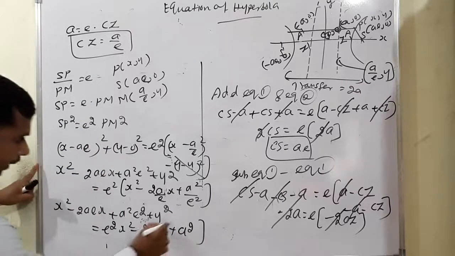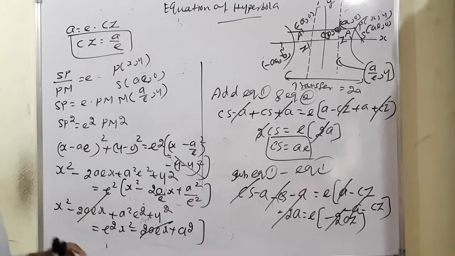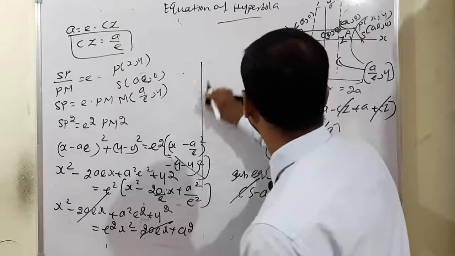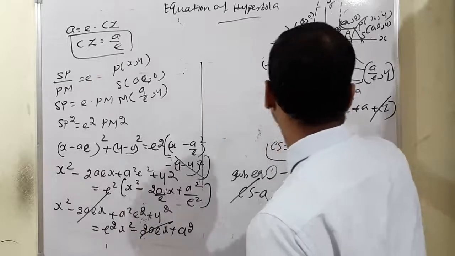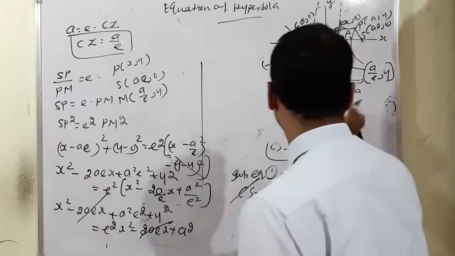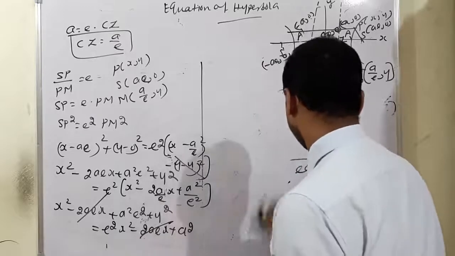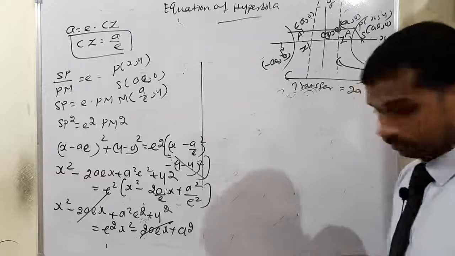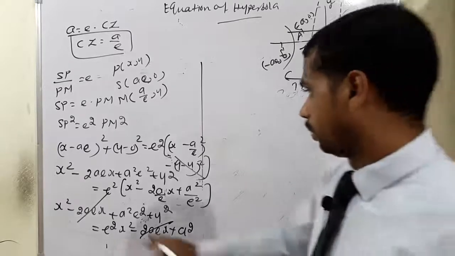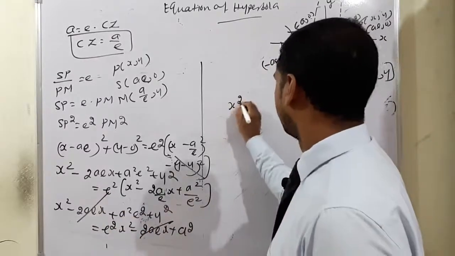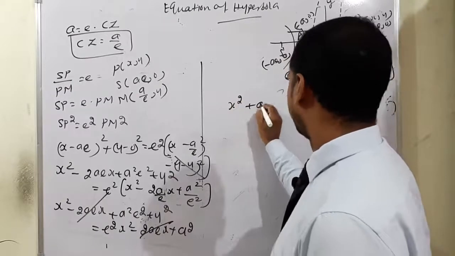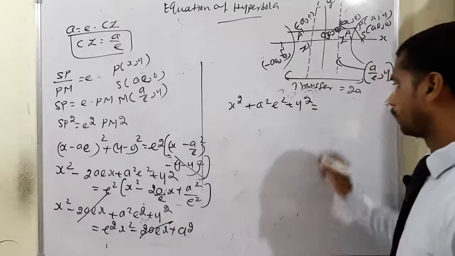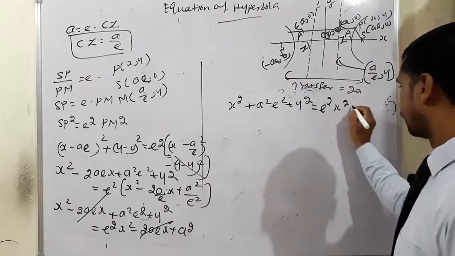So minus 2aex minus 2aex cancel, remaining x square plus a square e square plus y square is equal to opposite side e square x square plus